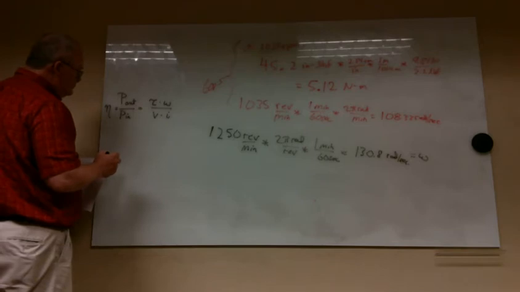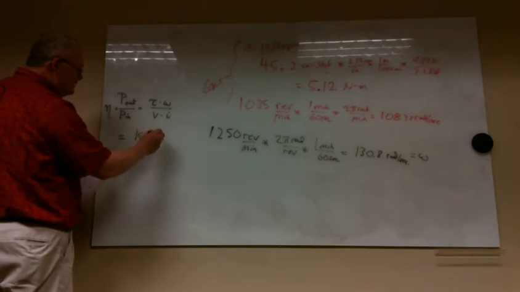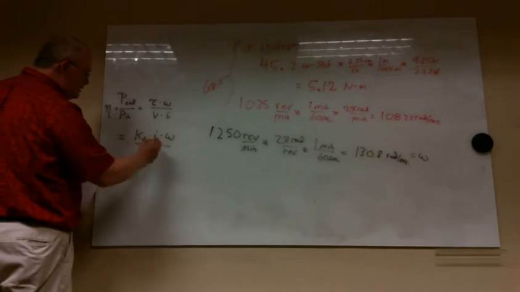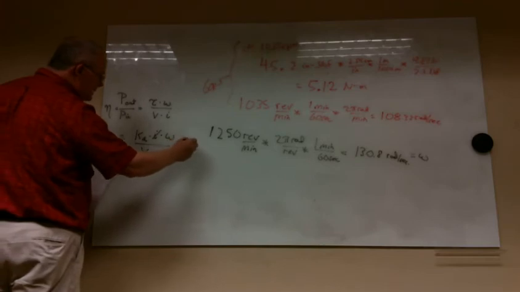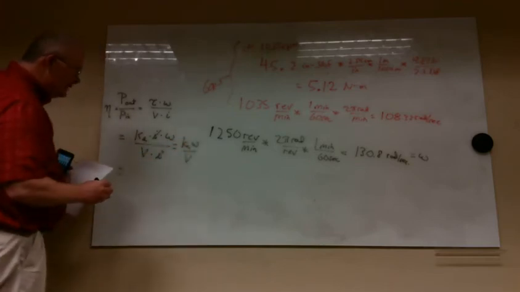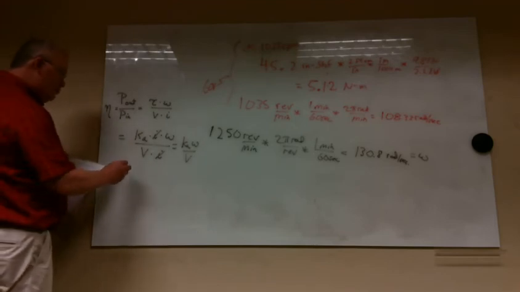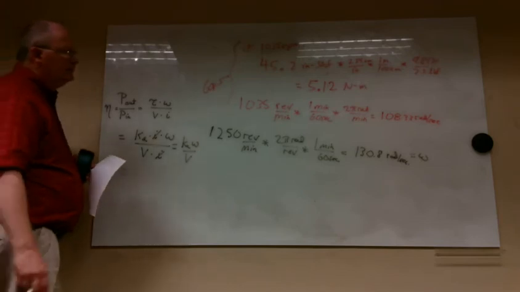Okay, I was just checking myself there for a second, which is equal to Ka times current times omega, that's torque times speed, divided by voltage times current. Cancel, cancel, is equal to Ka times omega over voltage. All right, so that's an easy way to do this. But we don't know Ka. Or do we? Well, we know